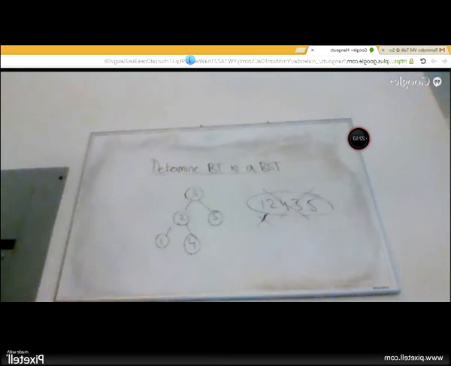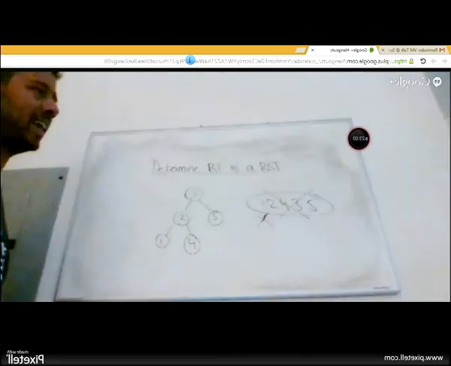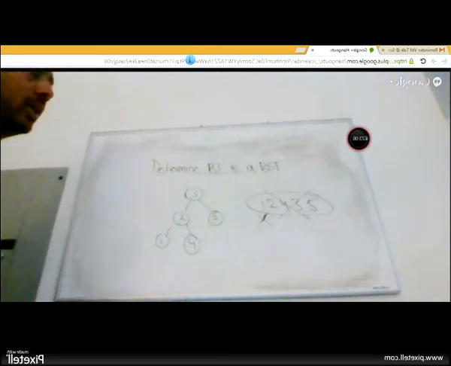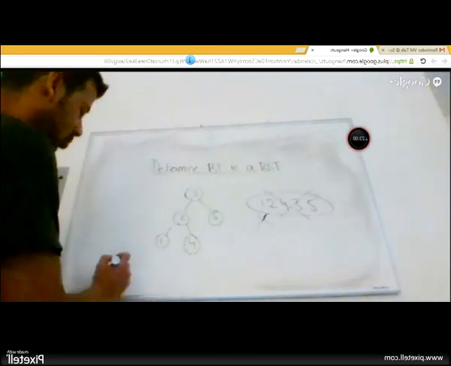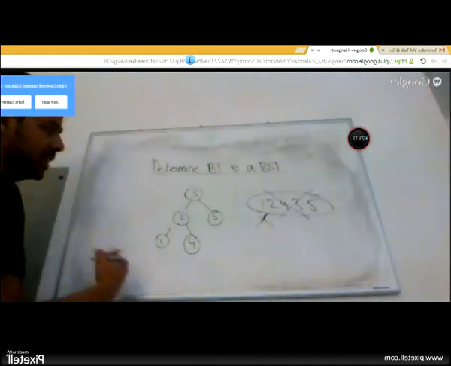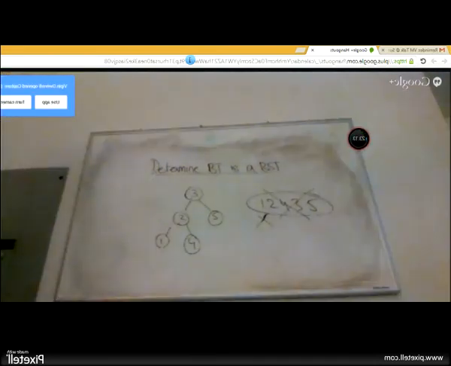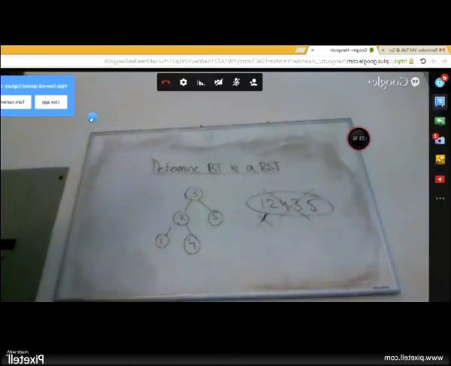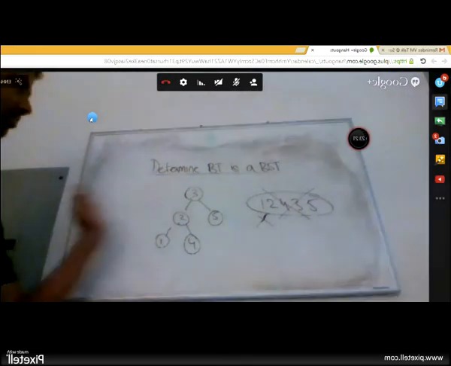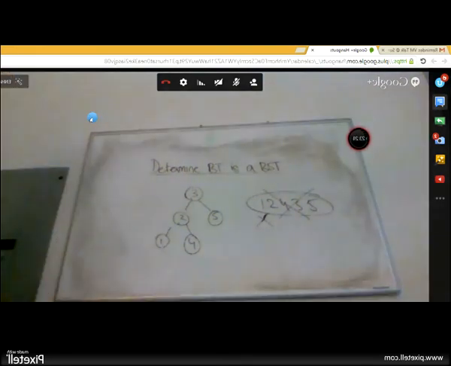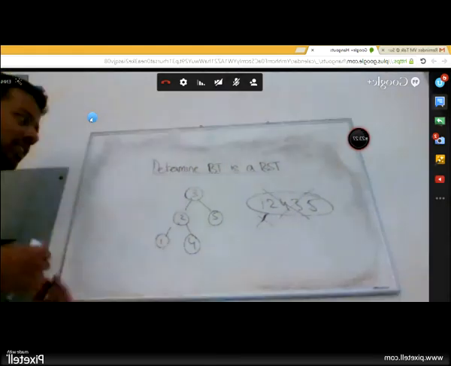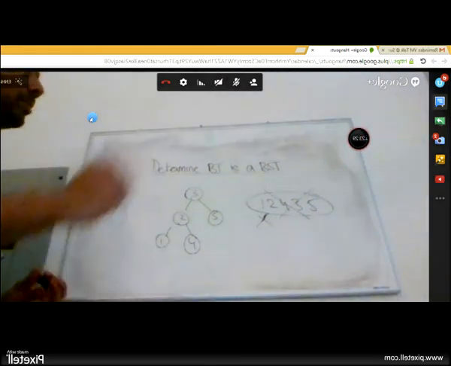You can check whether the elements, instead of storing it, the next element should be greater than its previous element. Perfect. So instead of saying the next element, because that makes it a little bit complex where I have to go to the future, all I have to do is to make sure that the current element is greater than the previous element I have seen so far. If it is greater, then you're good. You're essentially checking if it is sorted or not, but one element at a time.